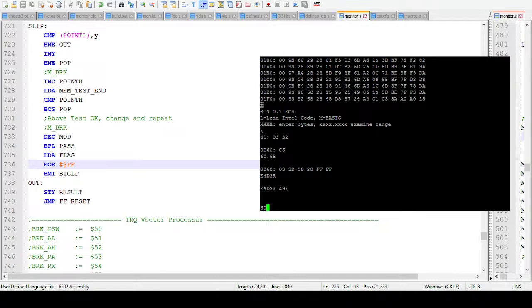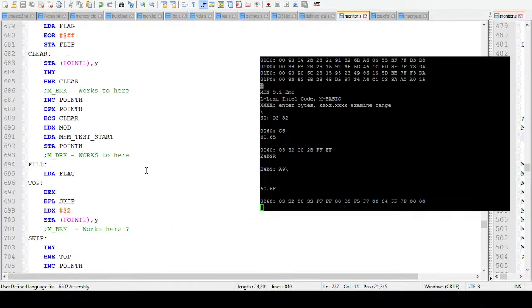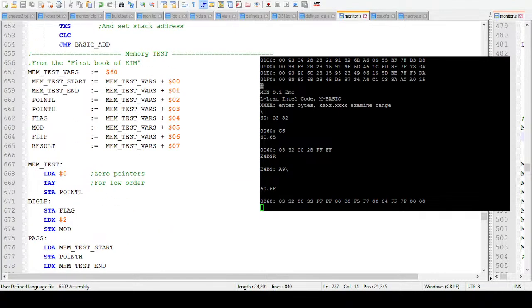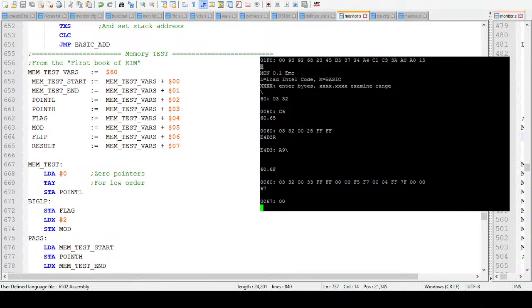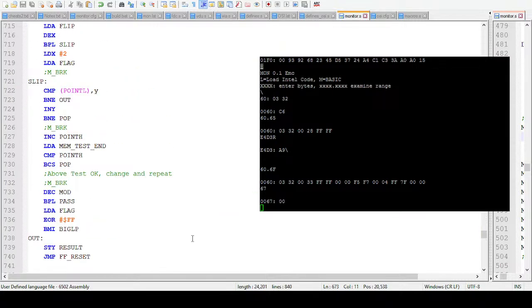Right, and 60.6F. And it got to page, where the hell is result? Result is the 7th. Or we'll just go 67. 00. That's not what we wanted. Store Y result, jump, FF reset. So,